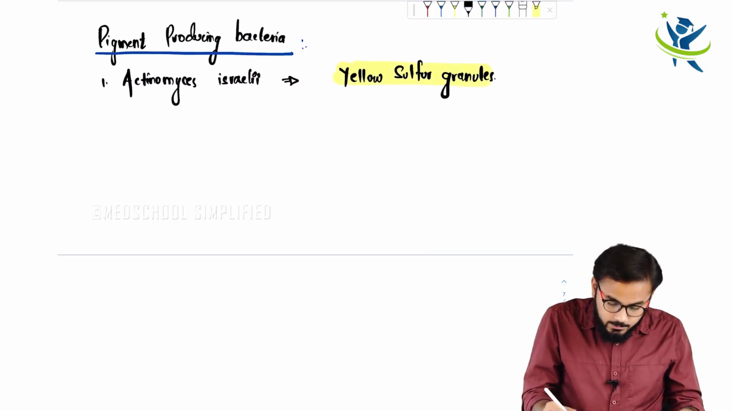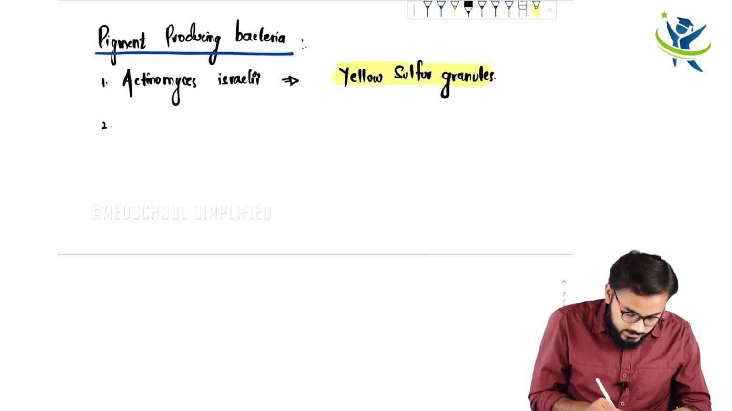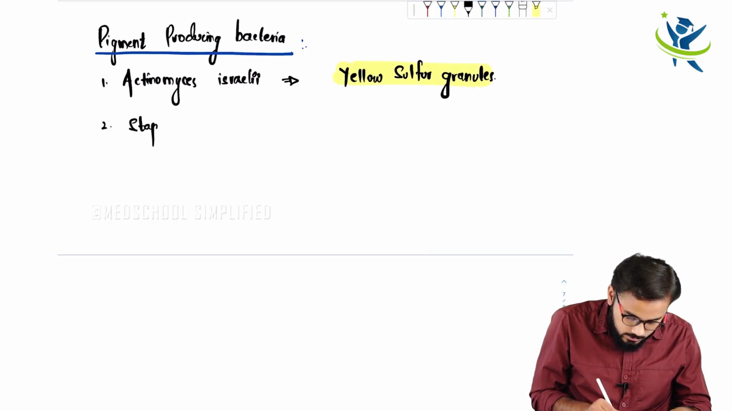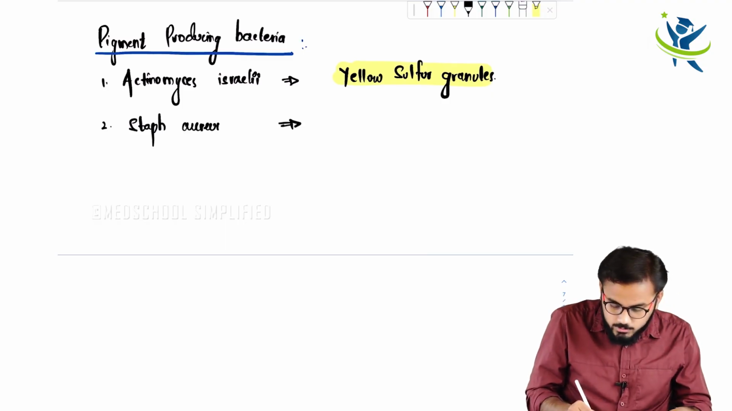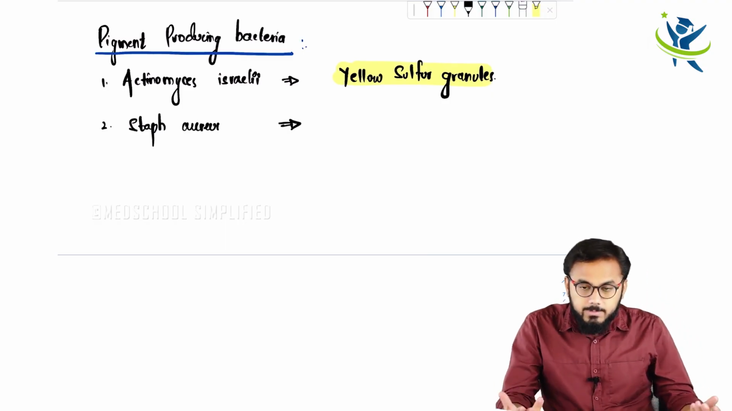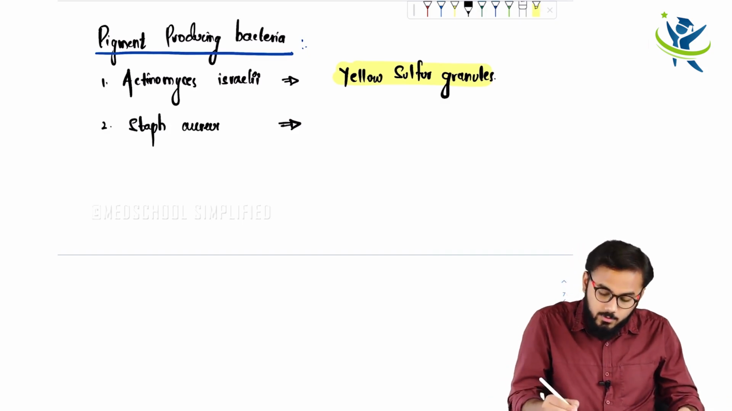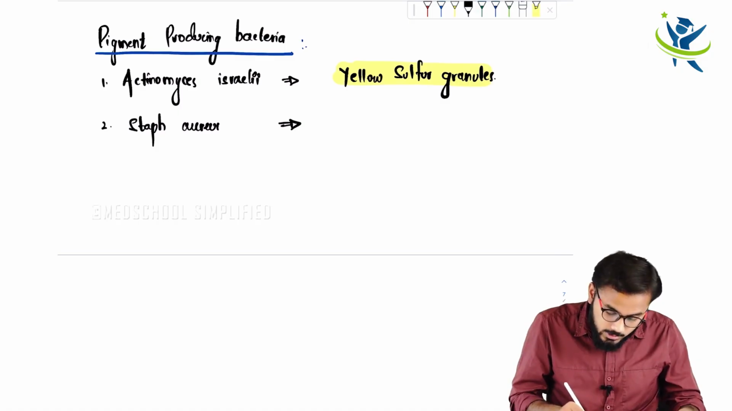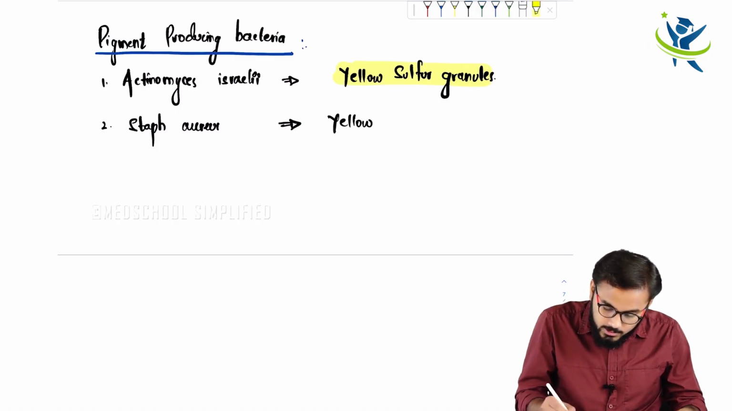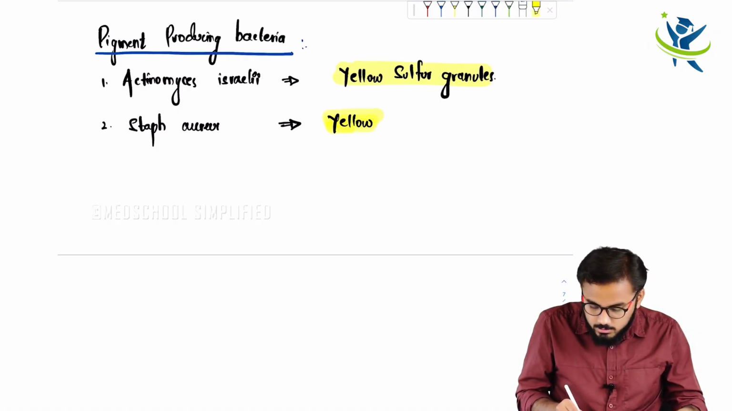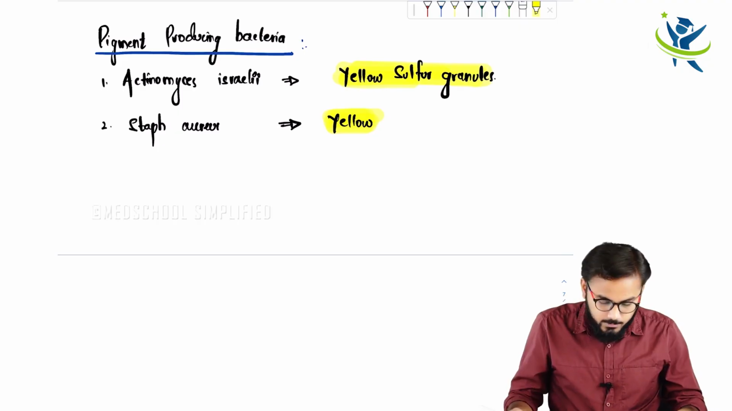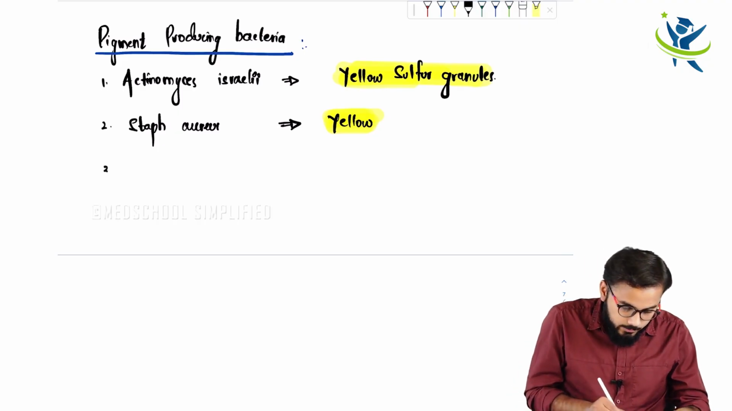Clear? Now the next bacteria is Staph aureus. Why do you call this Staph aureus? What do you mean by aureus? Aureus means gold. So gold is which color? Obviously gold is yellow in color. So the pigment which it releases will also be yellow. So even Staph aureus produces yellow color pigment. Third important thing,